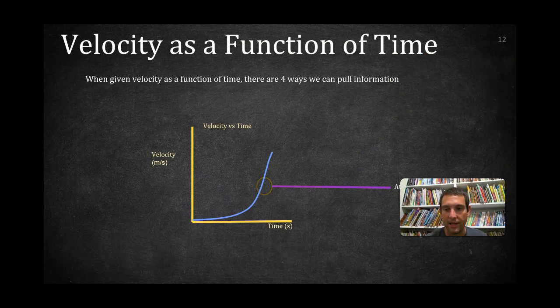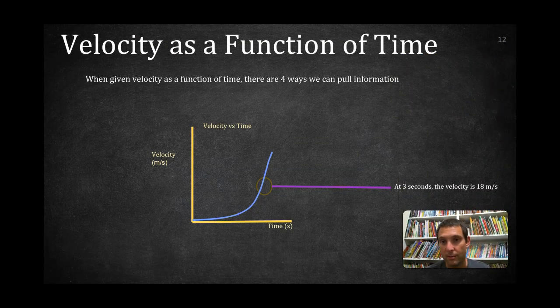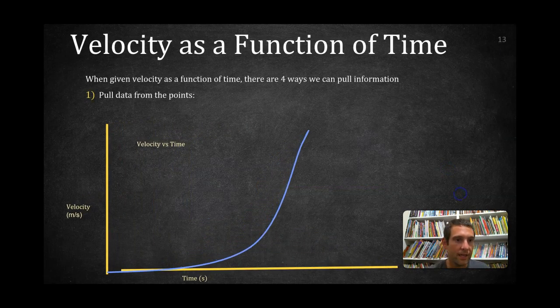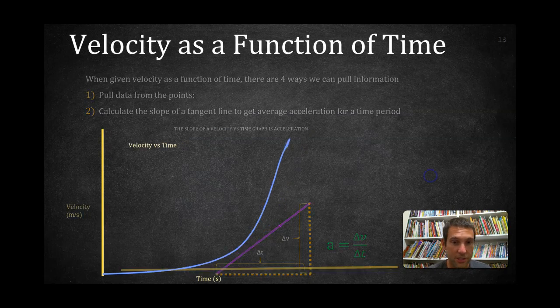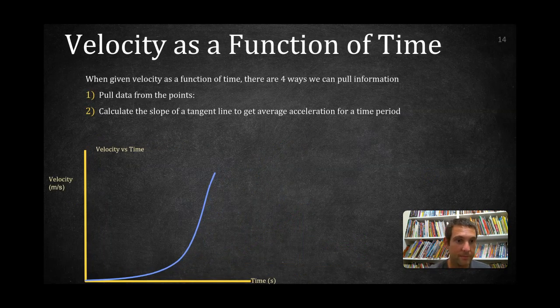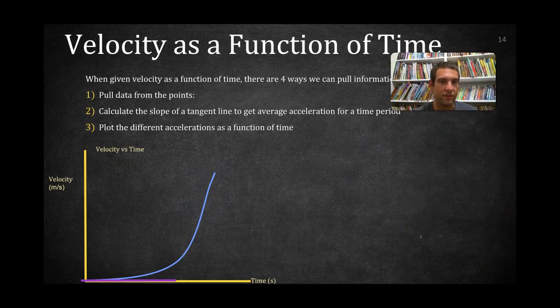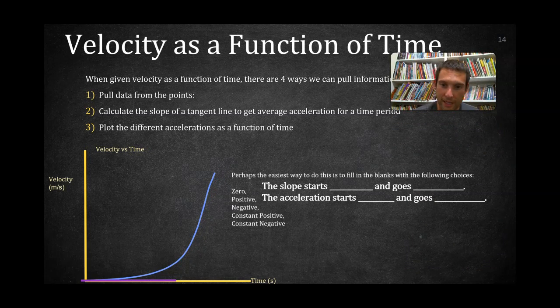With velocity as a function of time, there are 4 ways we can pull information. We can pull data from the points. Again, at 3 seconds, the velocity is 18 meters per second. We can also calculate the slope of a tangent line to get the average acceleration for a time period. The slope of a velocity versus time graph is acceleration. Memorize that. And we can plot the different accelerations as a function of time. And again, here's our starts blank and goes blank